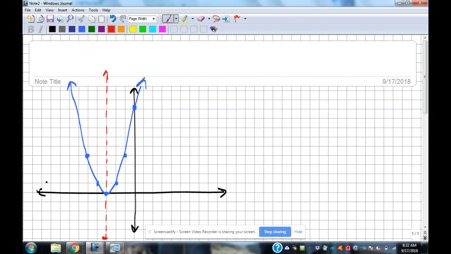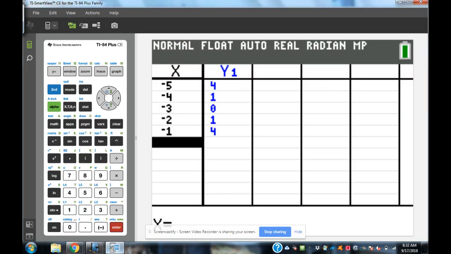And then we have some other ordered pairs there. We got our Y-intercept up here out of that. That's what the graph's going to look like. Now, if you graph it on the graphing calculator,